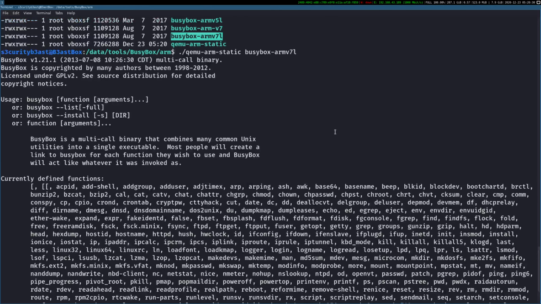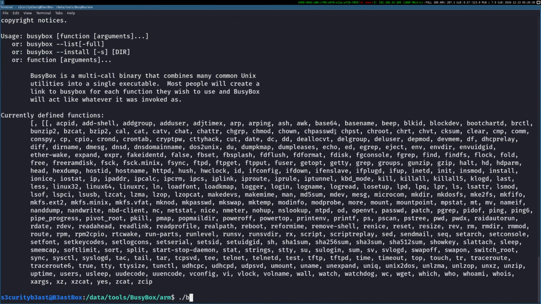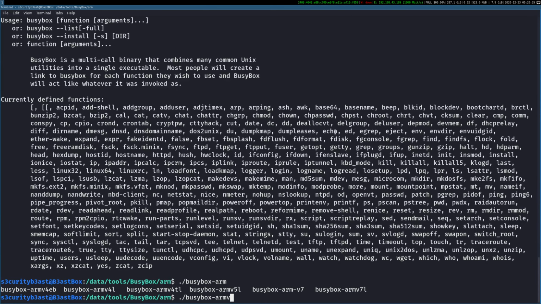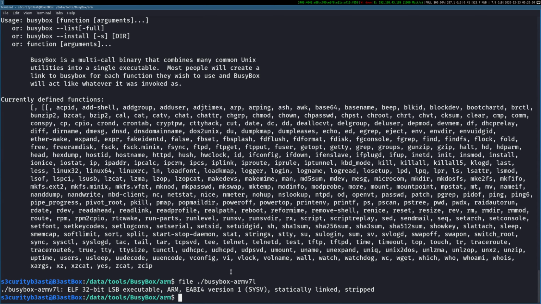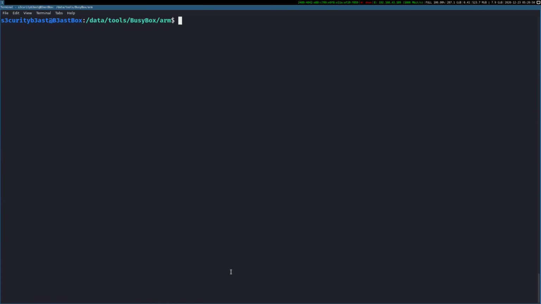As you can see, earlier we were not able to execute this command, which was an ARM V7 binary, and now we are able to emulate this binary with the help of QEMU. This is still the ARM binary, and now we are able to execute it.